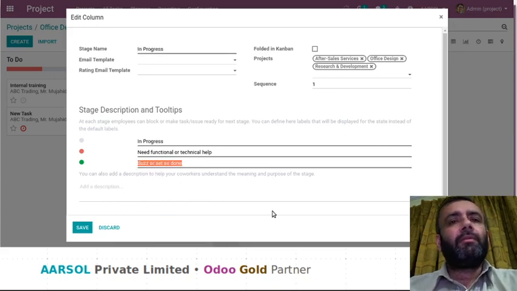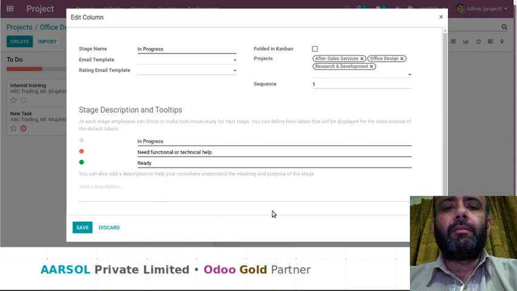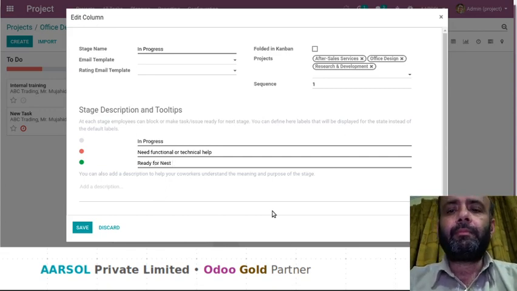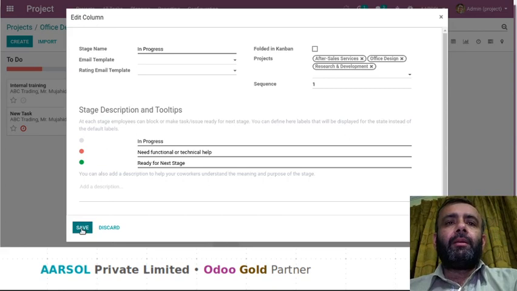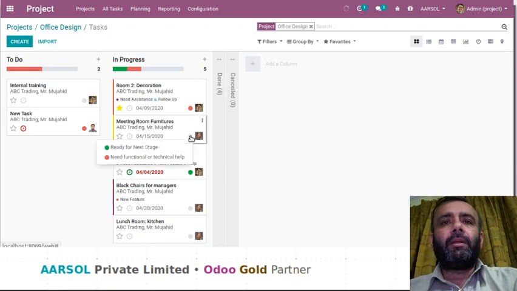If we want to change these messages, let's say I change it to ready for next stage. If I save this one, then if I will click on any window, you can see the message is ready for next stage and need